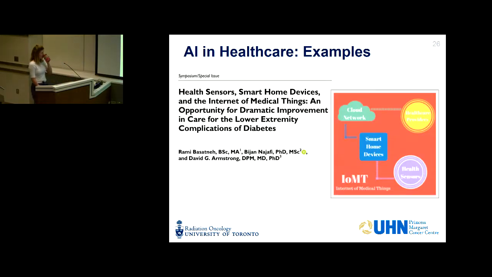This is an example of IOMT, or the Internet of Medical Things. It's basically a monitoring system. In this example, it's dealing with patients with diabetes who would normally, because of the complexity of their disease, be managed as inpatients, but can now be allowed to be at home because of a series of devices and wearable